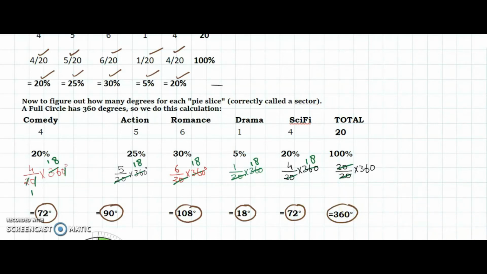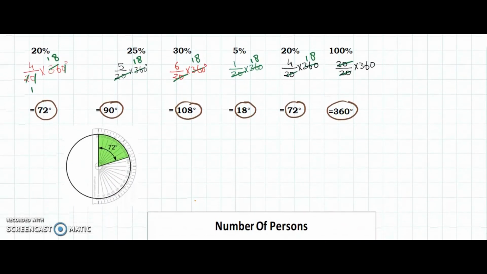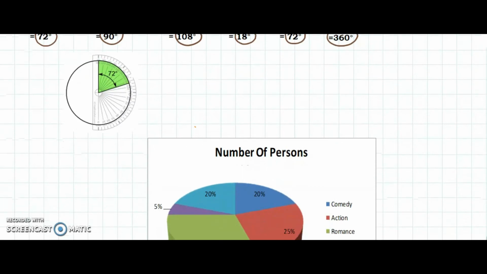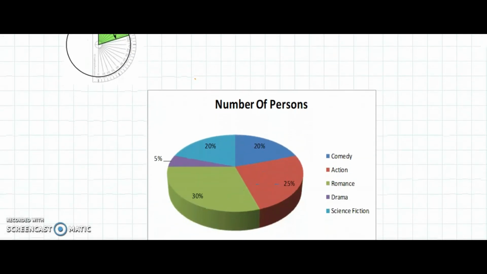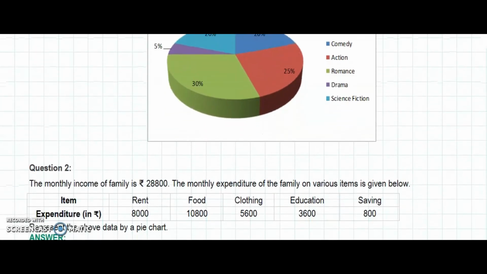Now by using these measurements we can construct a pie chart with the help of a protractor, by properly measuring the angles. And see here, I have drawn a graph which mentions only their percentage. This is how a graph is represented with respect to the number of persons and the movies they like. This is the way we can construct a graph. It's a very easy and interesting trick. So without wasting further time, let us take one more example by which you can understand the graph more easily.